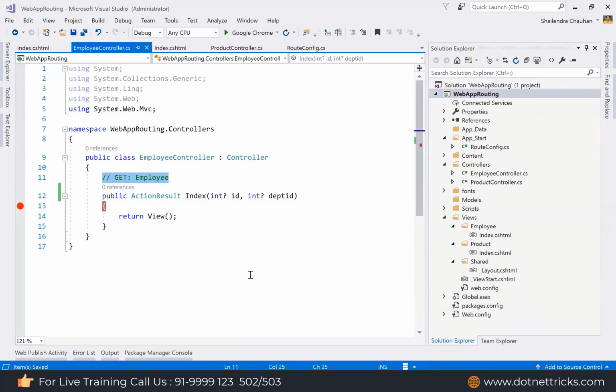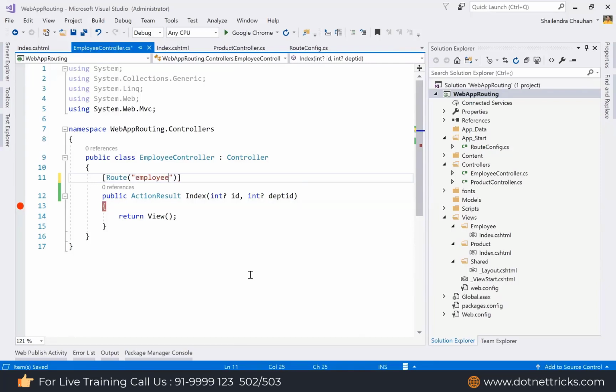So in case of convention based routing, a single route we can use for more than one action, or you can say we can use it to render more than one page. But in case of attribute routing, we can use the route to serve a single action only, like to serve a single page. So for this index action especially, I can define my own route.